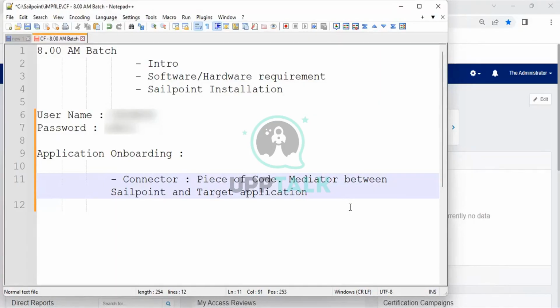Let's take an example. If your application data has been stored in a database, in any cloud application, or in a feed file. Feed file means a spreadsheet; all HR people use spreadsheets. Based on where the data has been stored, from there we are going to fetch all application details and identities. If you understand these things, let's go ahead with the demo: how we are going to create an application in real time.